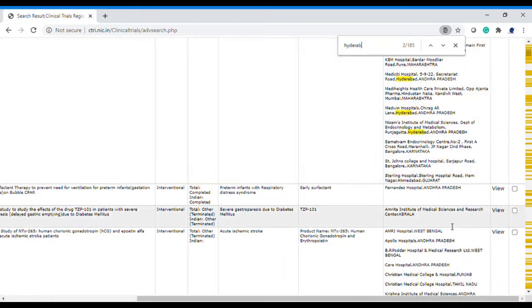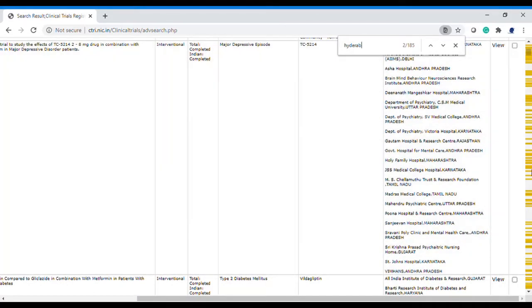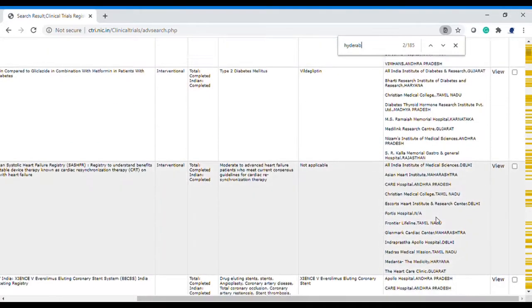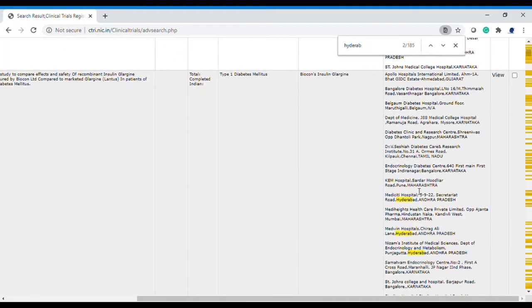The main point of this video is that you can easily track all the hospitals of a particular location, and you can just contact the particular hospital. I'm going to show you also how you are able to find a particular contact. So we have learned till here how we will find a particular hospital.